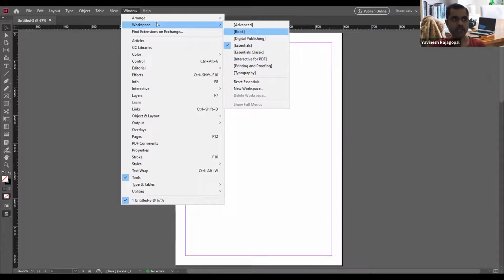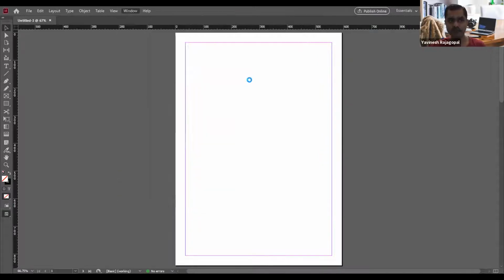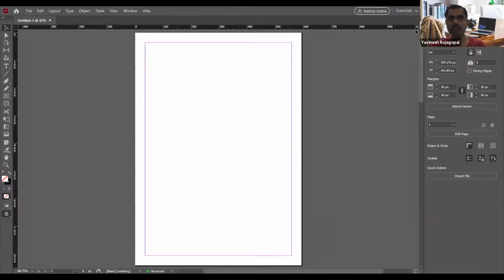Under Workspace, you have book, desktop publishing, digital publishing, essential classic, and so on. By default, it will be in essential. I'm going to click on Reset Essential. Once I click that, I will see properties, pages, and libraries. These are the main things that you will find, number one. And then you have your